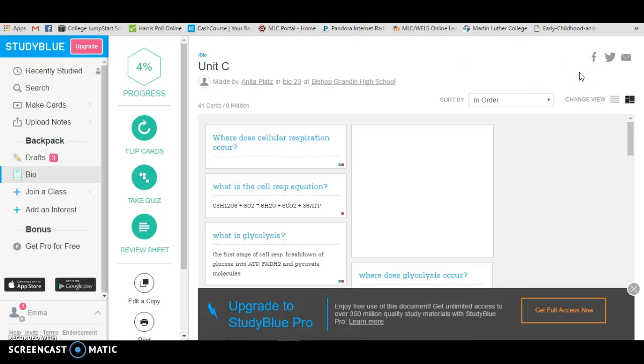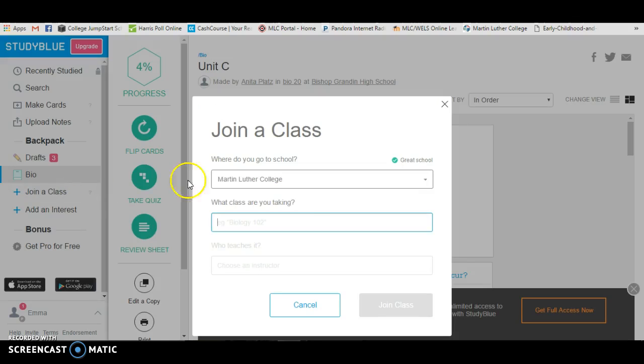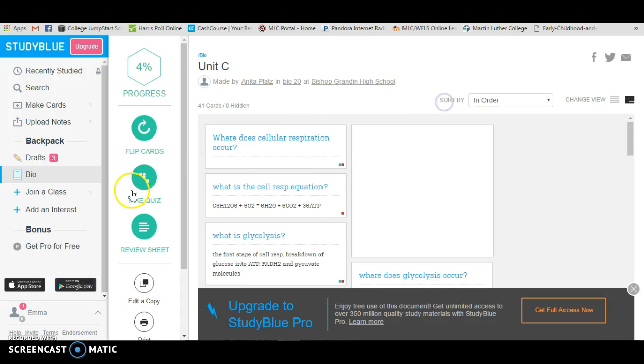You can share your flashcards personally with your students by using the Facebook, Twitter, or email applications at the top over here. Also in Backpack, you can join a specific class by choosing a school and creating a class and adding instructors, or add an interest simply by typing in